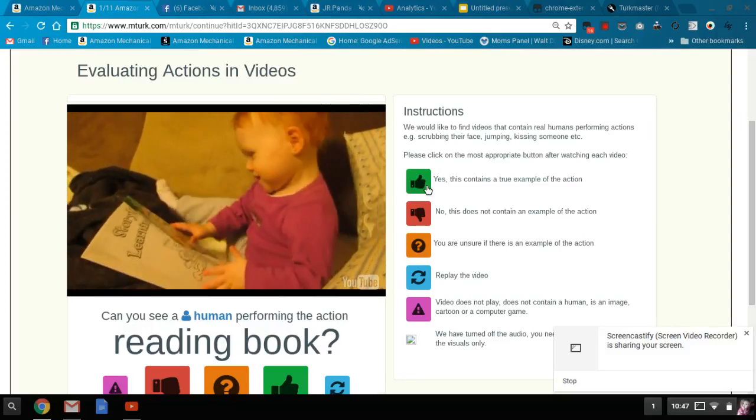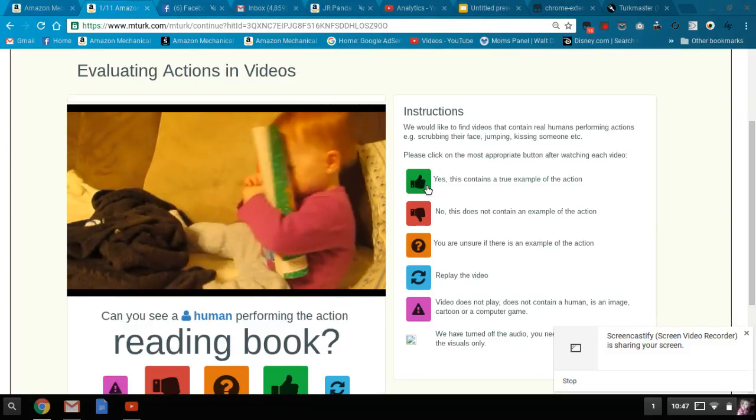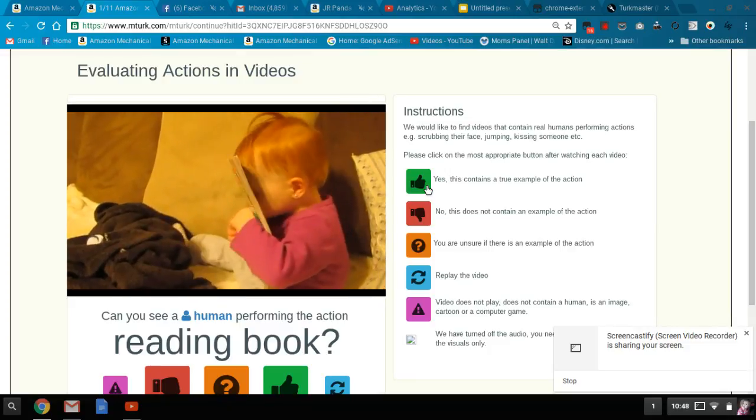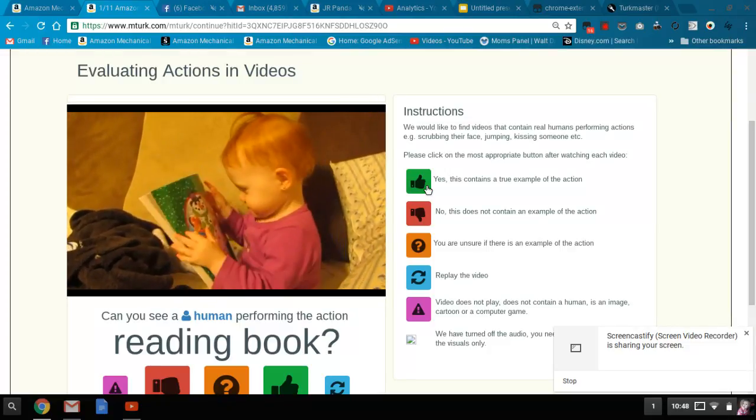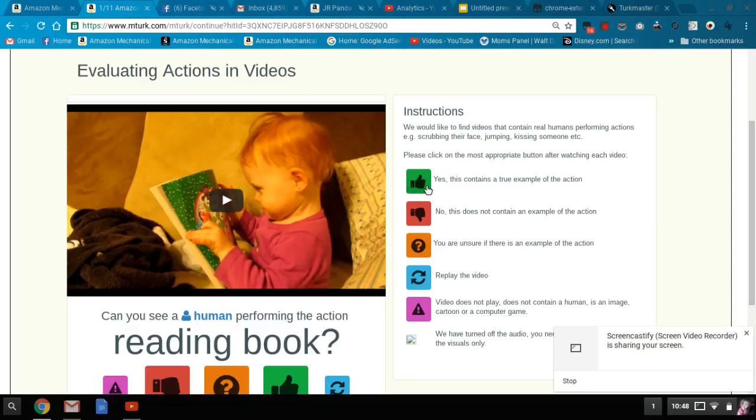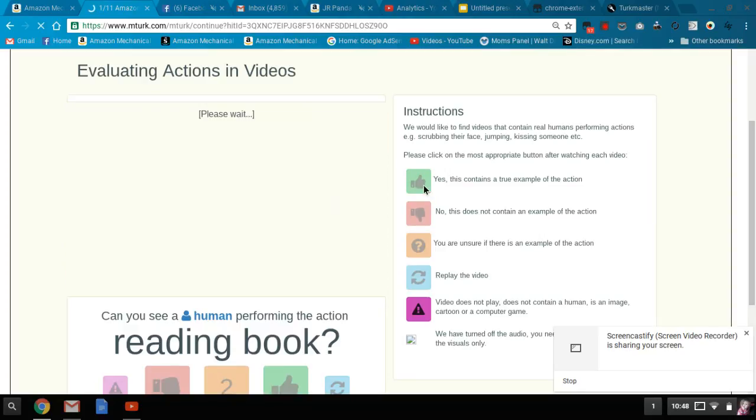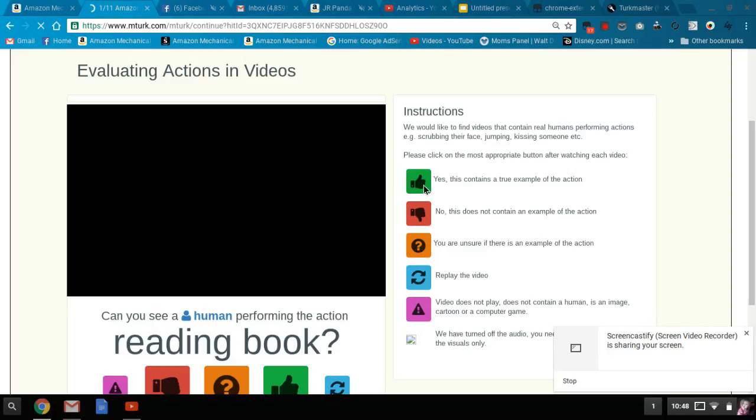Okay, reading a book. I doubt the child can read, but she was doing the action of reading a book. This is a gray area. I'm going to go with yes. She may not have been reading words, but she was looking at the pictures in the beginning, even though she closed it. Again, that's a gray area. I could see yes or no for that one. Depends on how you perform. You could even do I don't know. You don't really know if the child was reading the book. There's some that are black and white and there's some that are gray. That's an example of a gray one.